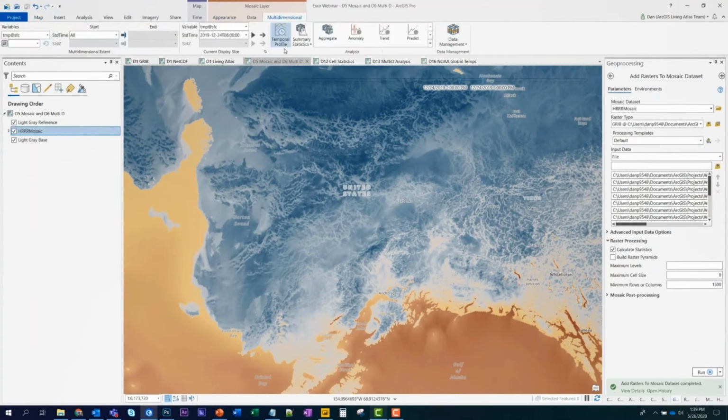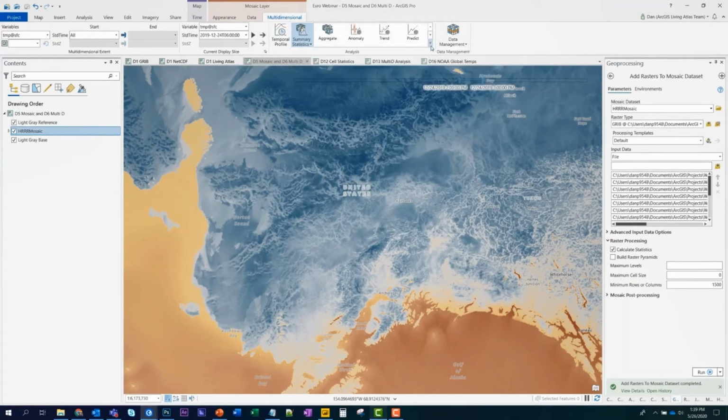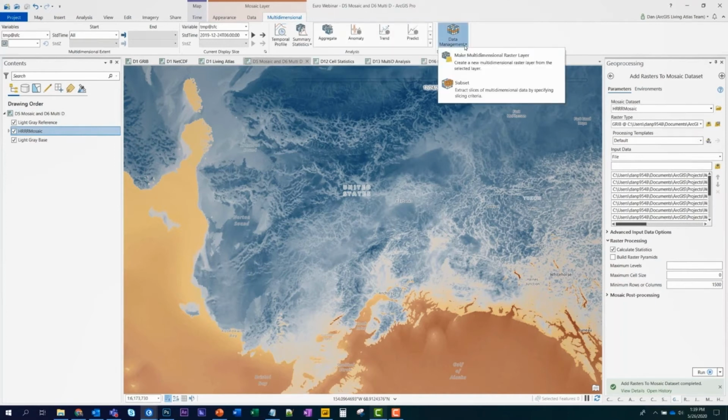And we can see that we have some of the things that we'll cover later, like temporal profiles and summary statistics, and some analysis capabilities, either in summary statistics or some of the newer time series tools that we'll get to in a couple minutes. But we have a whole new data management section. Here we have a quick step to make the multidimensional raster layer that we've been showing you,